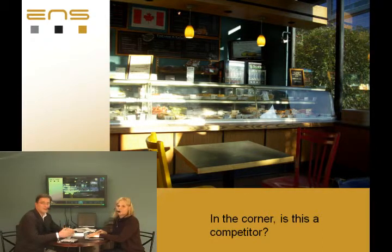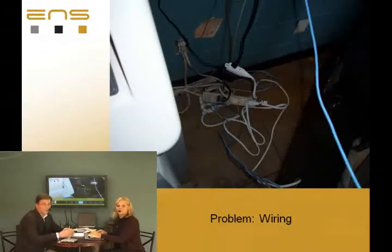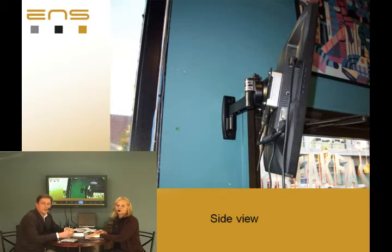So on the next slide here, the first thing we had to deal with, which is what we deal with, frankly, with most installs, is when you start pulling things back from the wall, you'll find it's a bit of spaghetti soup for electrical. The hidden things. The hidden things. So we cleaned up the electrical a bit, and then on the next slide, we installed one